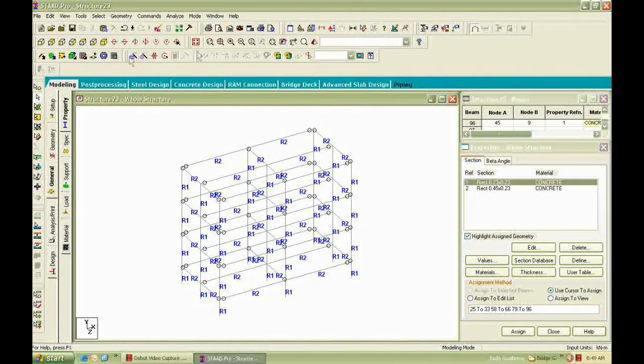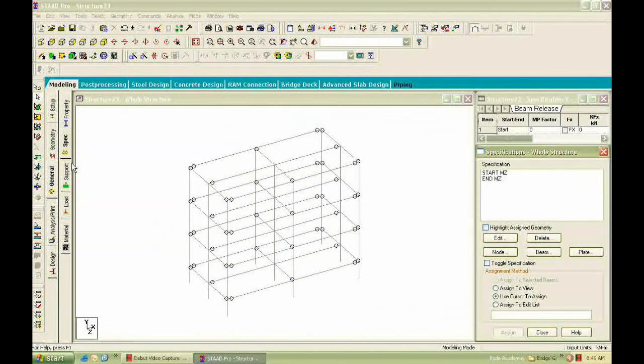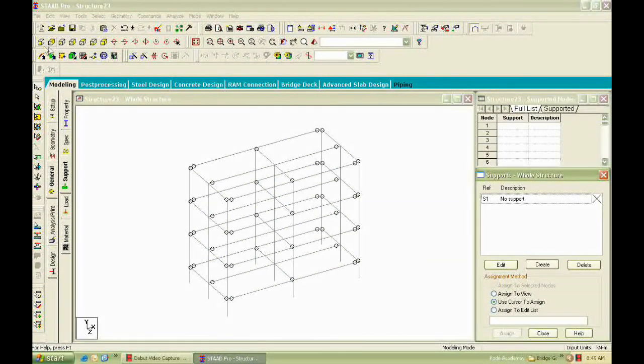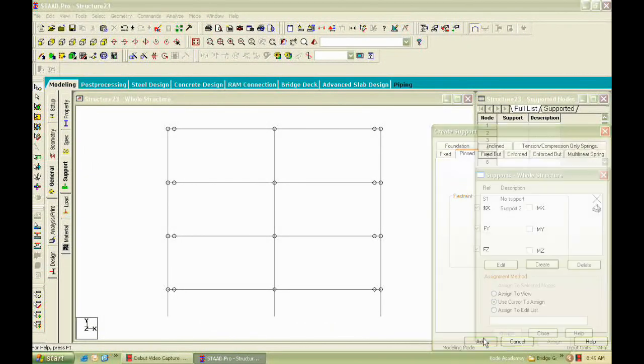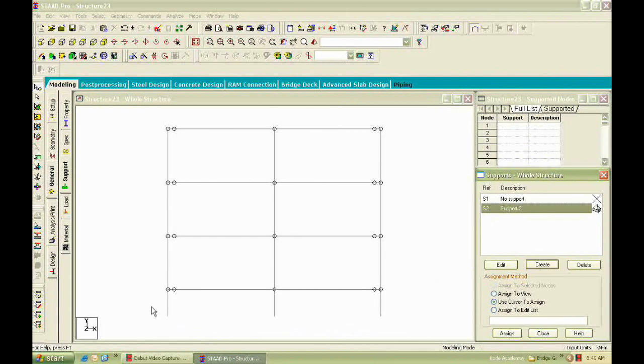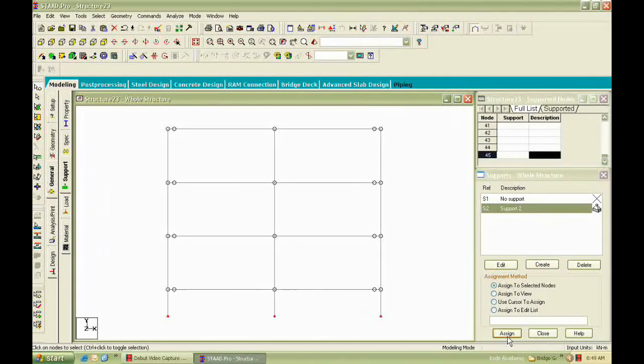Now the specifications were also given. Now the support. Take the front view, create, fixed, add, assign. Okay, the supports are